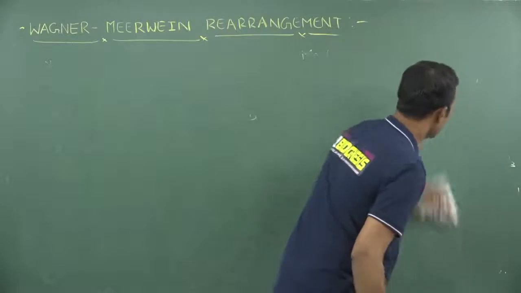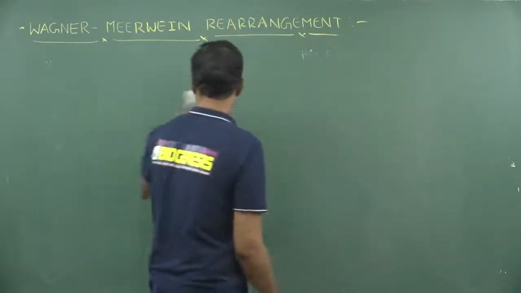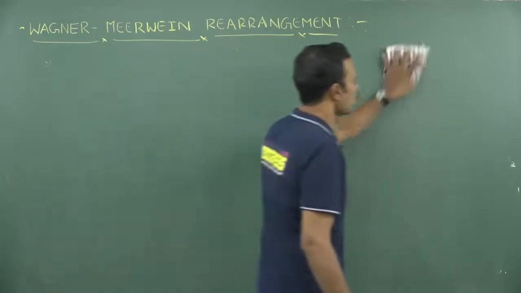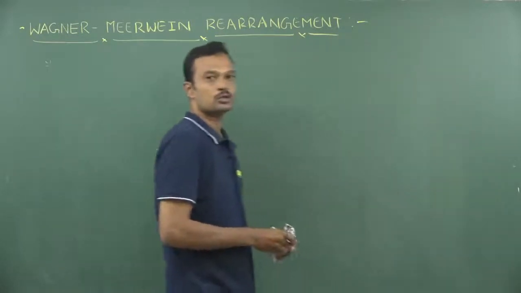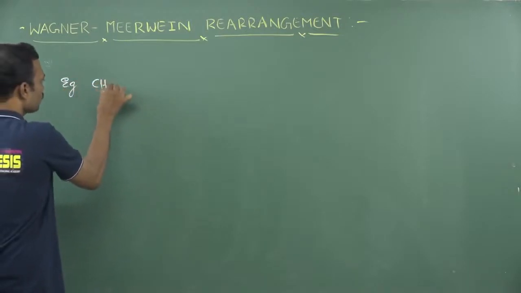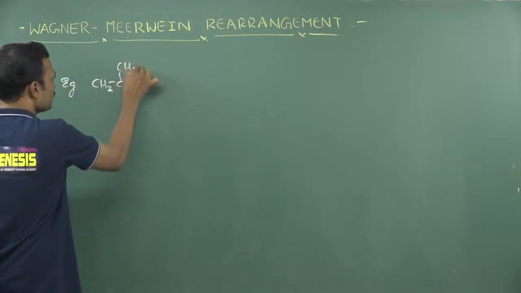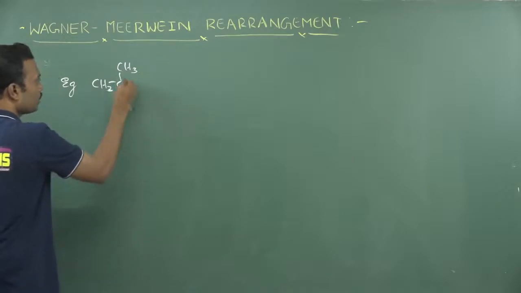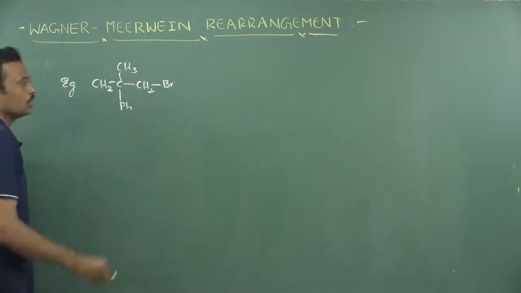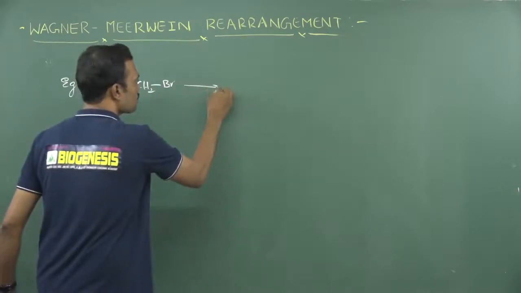It completely depends upon the stability of the cation, and see, we are converting a halogen derivative into the corresponding alcohol as well as olefin. That's why it is called functional group interconversion. Suppose, if I take this molecule, here I am taking a phenyl. Now here I am taking CH2 and here bromine is given. Now on this carbon, halogen is present.